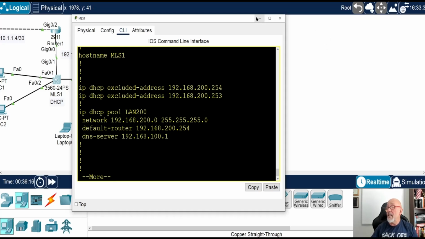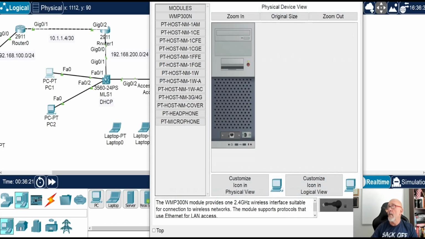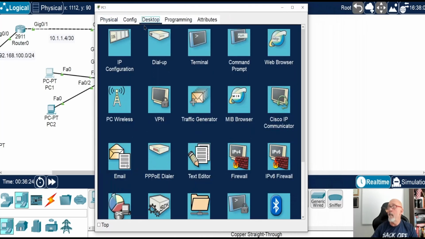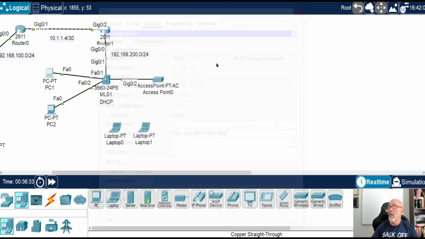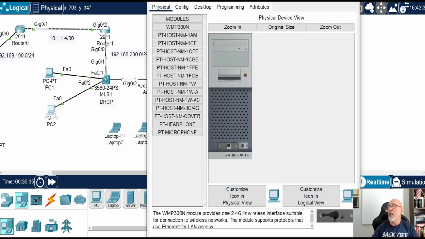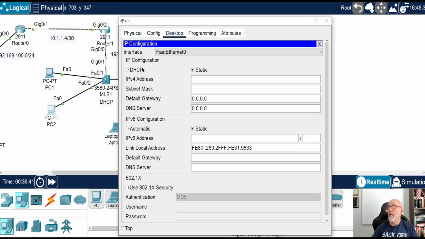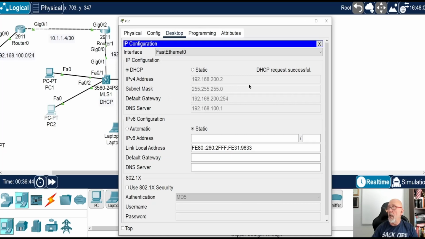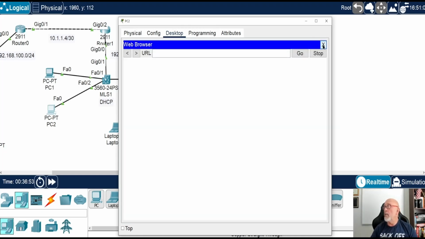Okay, so first let's see if it's working. Let's come over here. Let's go to PC1. Bring this down so you can see. I say, hey, where's the IP address? There it is. Beautiful. Close that. Come up here. Bring it down so you can see everything. Okay, go to the desktop, IP configuration, DHCP. Done. So here, let's check to see if we can get to globed.net. Just to check. Well, we are not going to be able to actually because we don't have any routing going on. So once we do the routing, then we'll check that.